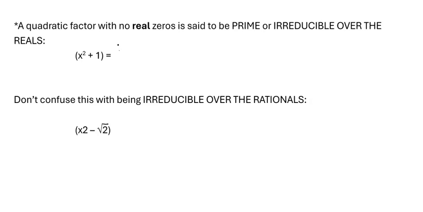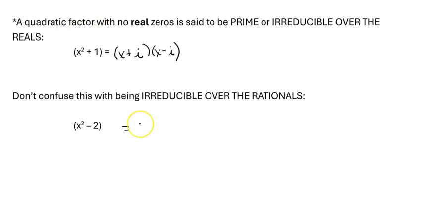So you could reduce this into x plus i times x minus i. And if you were to FOIL that out, you would get x times x is x squared, negative xi and positive xi cancel each other out, and i times negative i gives you the opposite of i squared, and since i squared is -1, it would be the opposite of -1, which would be positive 1. So even though x squared plus 1 is prime or irreducible over the reals, you can reduce it completely by using